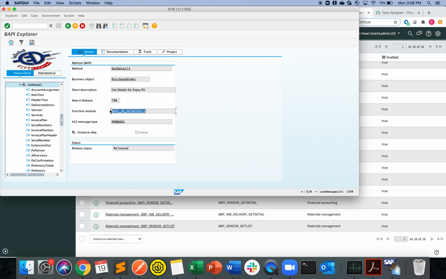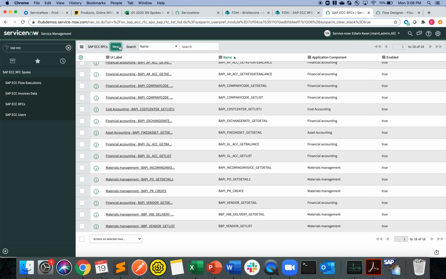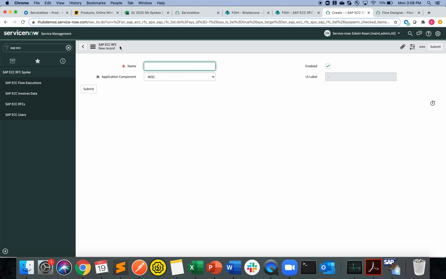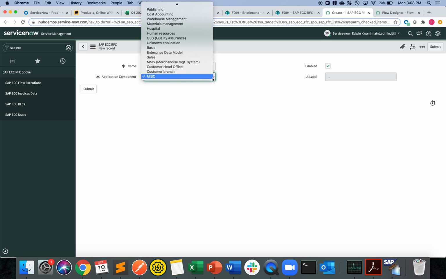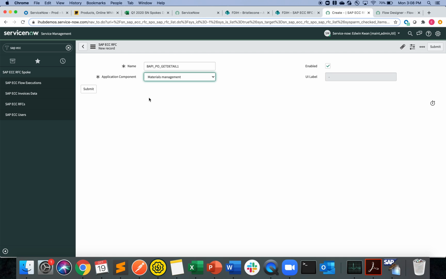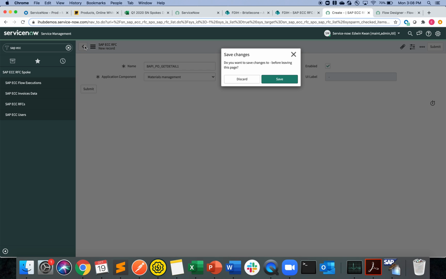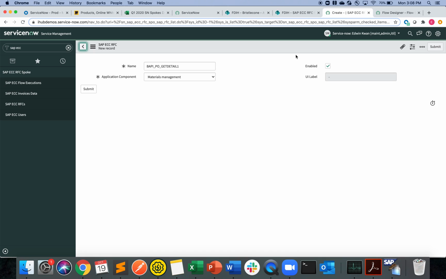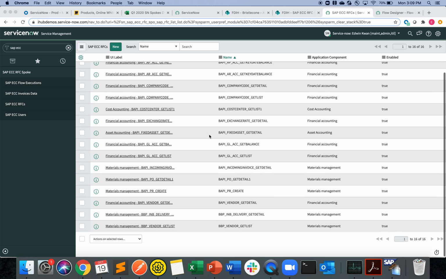So what you have to do is Control-C, copy it, and create a new one. You can type in the same name right here, and then you pick the module that you just picked from SAP. For example, this get PO is a materials management, and you will just select that, click submit, and voila, there you go. There will be your new BAPI extension for your spoke. Since I already did it, I don't want to mess up my environment. And I'm going to show you